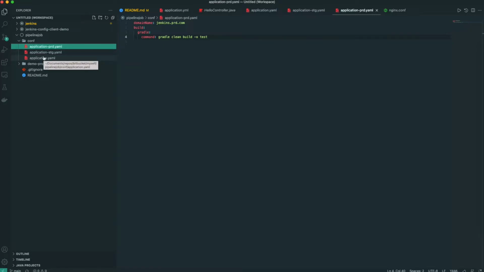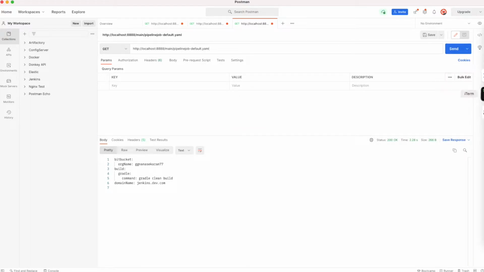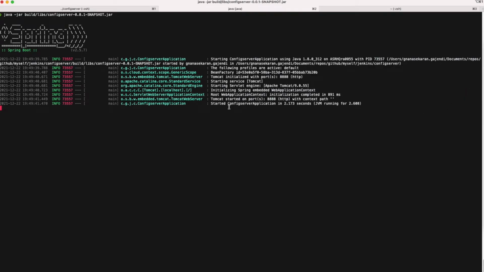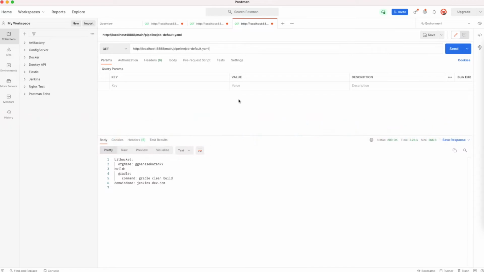So there are two ways. One is to fetch the variables, and another one is to fetch some files inside the repository. First we will see how to fetch variables. So currently my Spring Cloud config server is running.